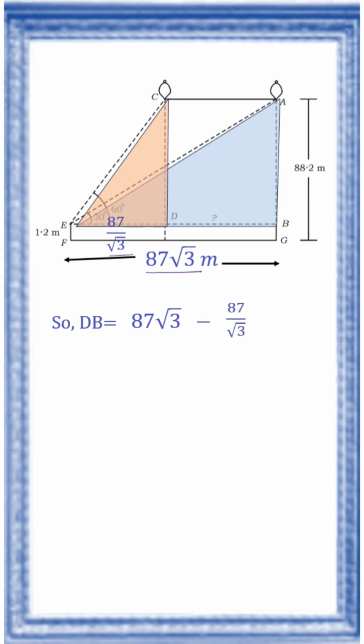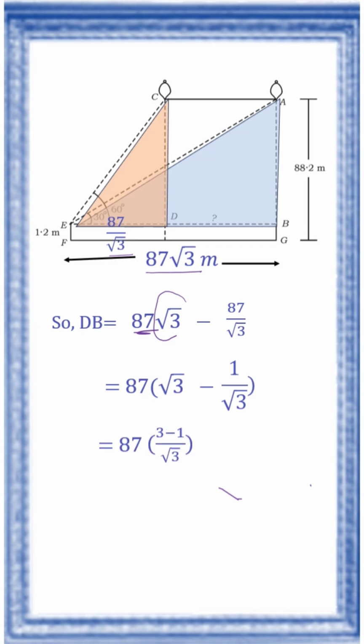We can take the common thing outside. Which one is common? 87. Root 3 inside the bracket, here 1 by root 3. Root 3 minus 1 by root 3. Here the LCM is root 3. So root 3 into root 3, what is it? 3. 3 minus 1. So that is equal to 87,